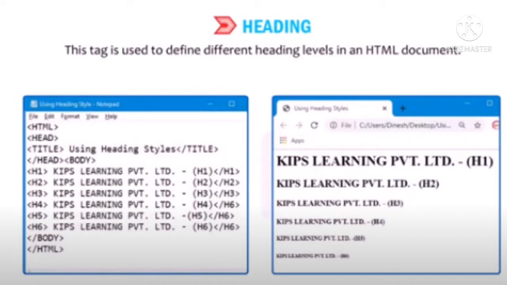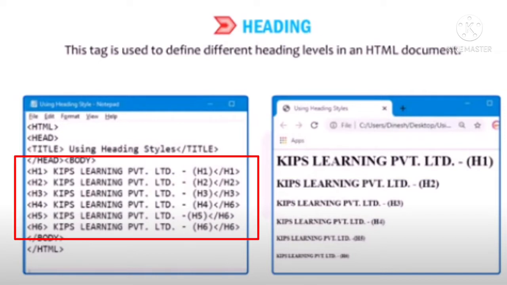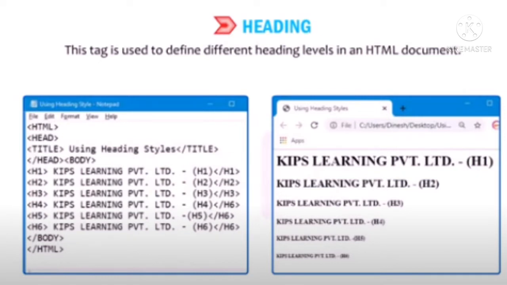Children, our first element is the heading tag. It is used to define different heading levels in an HTML document. There are 6 heading levels from H1 to H6, in which H1 will display the text in the largest size. For example, here you can see I have typed the same heading between different levels, H1, H2, H3, H4, H5, H6.